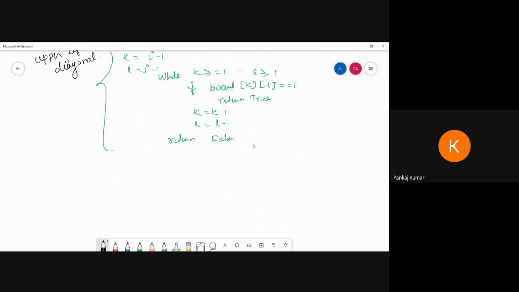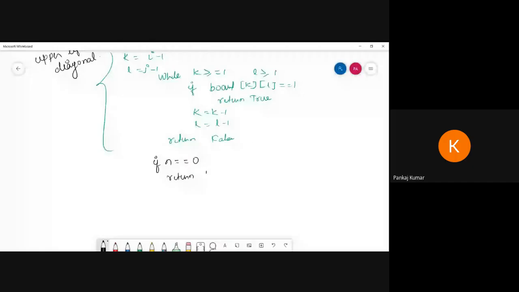That is also a possibility. So we can write like this: if n is equal to 0, then return true. If no queen remains to be placed, then return true. Otherwise, we can iterate over each place.